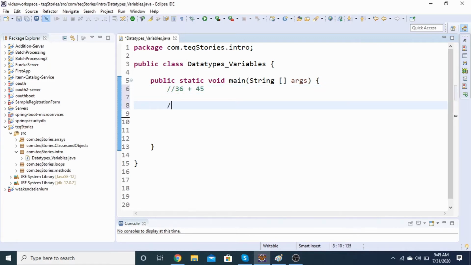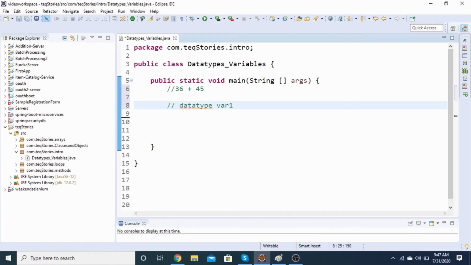The syntax for defining a variable over a given data type is something like this. First of all, you have to tell the computer about the data type. As I've already told you, computers are not very smart, so you will have to brief them about which data type you are talking about. They have given you the classifications, so mention the data type accordingly. In our case, let us say I have to store an integer value. I'll be writing down the data type first, then the name of the variable. So I am calling it variable1.